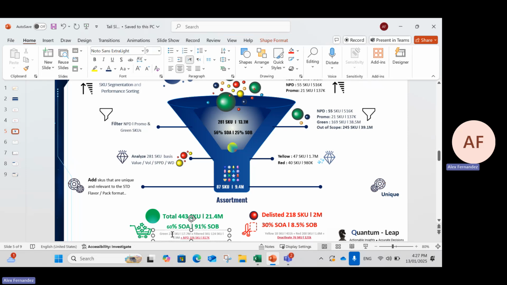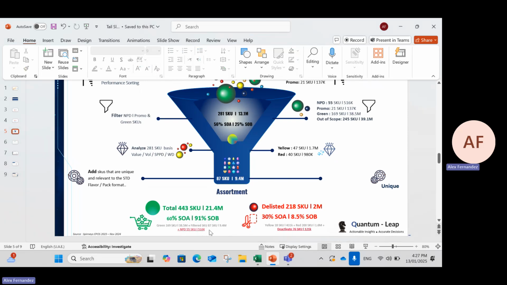So green is 169, which is around 38.5 million, plus the 87, 9.4 million, plus the NPD is 55, which is around